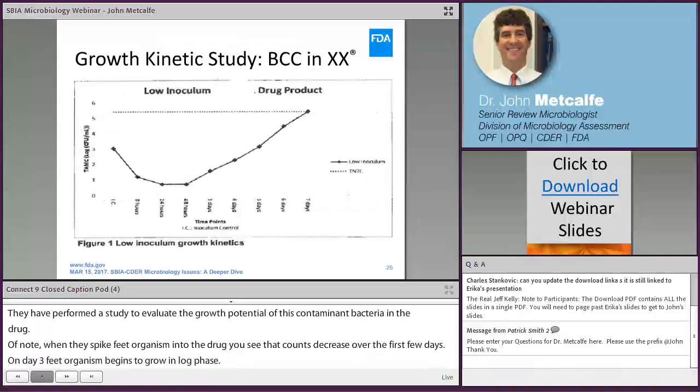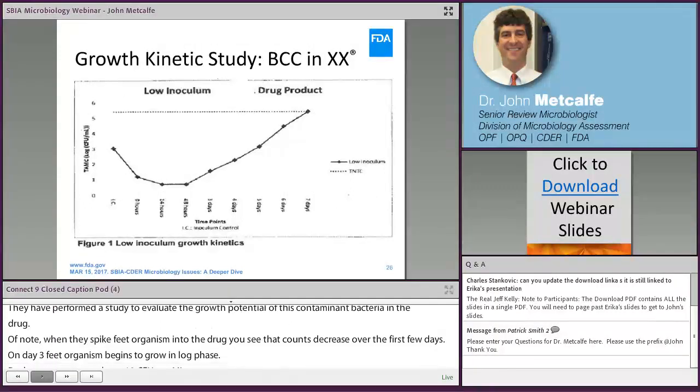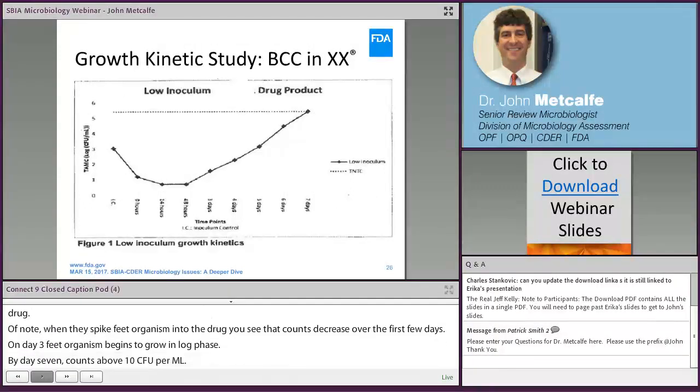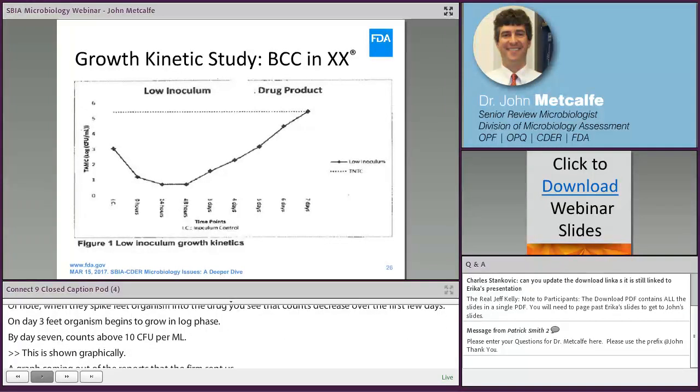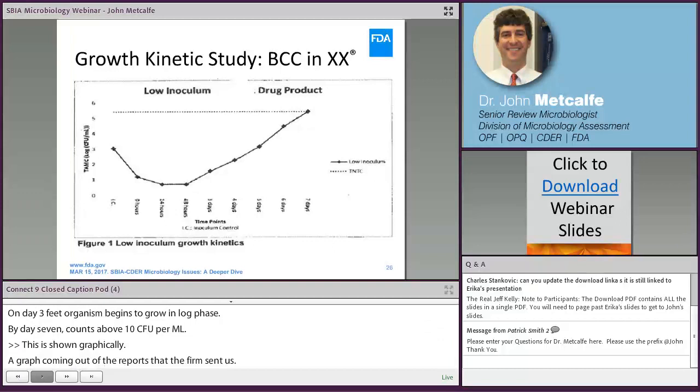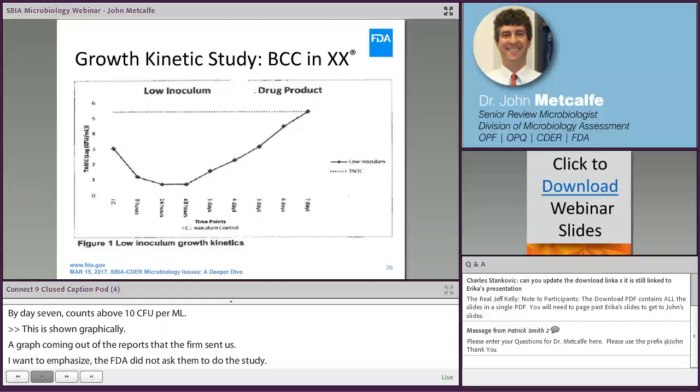Okay, this is shown graphically. This is a graph that came right out of the reports that the firm sent us. And I want to emphasize, FDA did not ask them to do this study. The firm did this study on their own. They took their own initiative to do this. You see